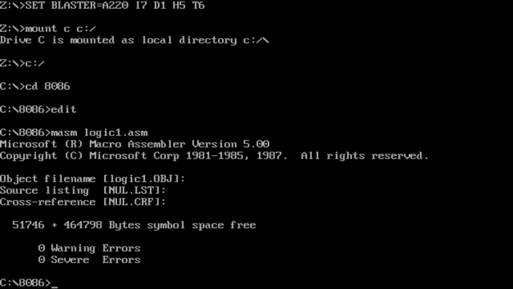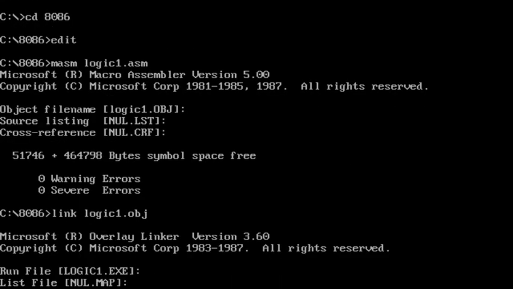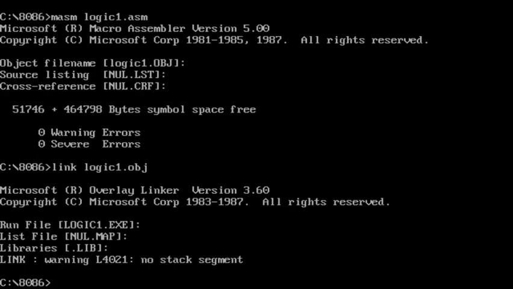Then we link the object file, link logic1, that is the file name .obj. Then for execution, debug logic1.exe.